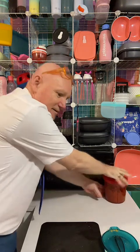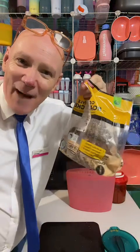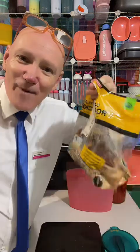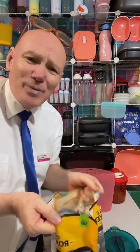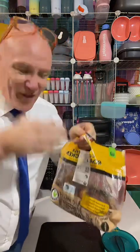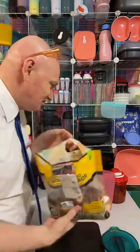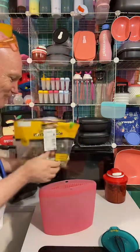until we're finished. What we're going to do is grab our large silicone bag. I bought a barbecue chook. I was walking around and I went, I really want some chicken. And I thought, hang on, I want my butcher to be open. The butcher wasn't open, so I bought a barbecue chook and thought, you know what? Let's show everyone how I debone a chicken in the Tupperware silicone bags. These are brilliant. All you have to do...